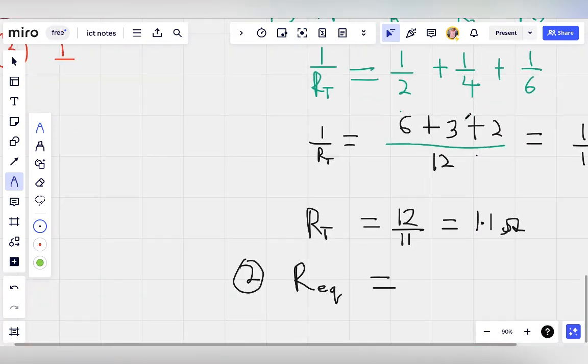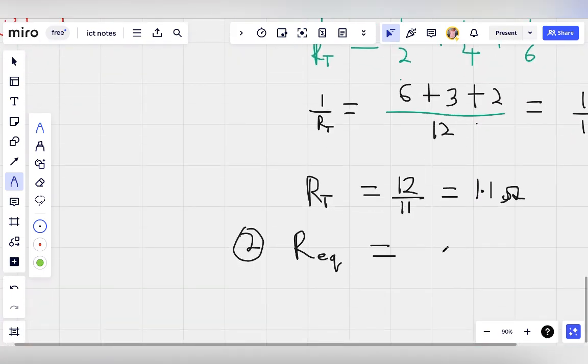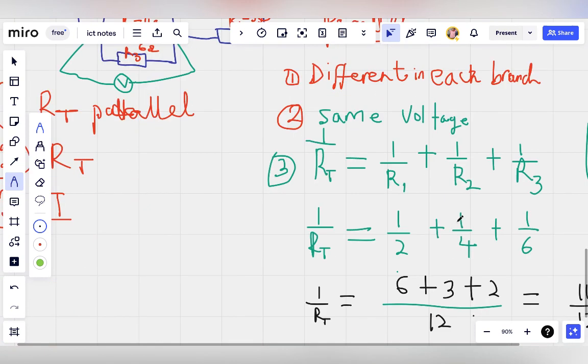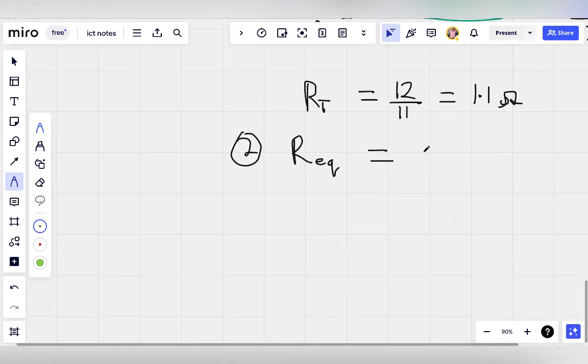So to calculate the equivalent, you now have these two in series. They're no more in parallel. These two are in series. They're on the same loop, on the same straight line, unlike this one that had different loops. This is a loop, this is a loop. So to find the total resistance in series, or the equivalent,